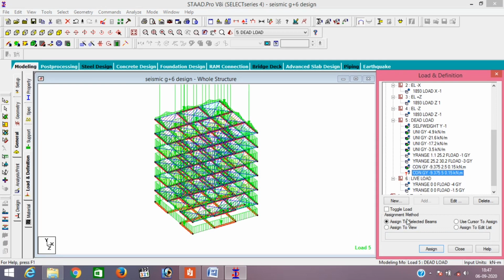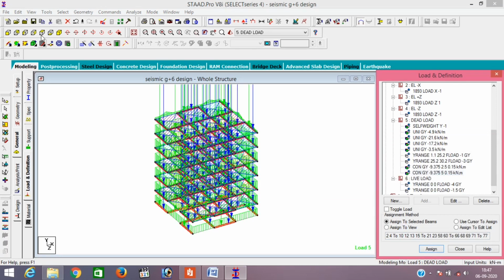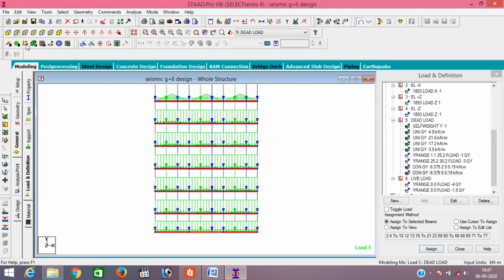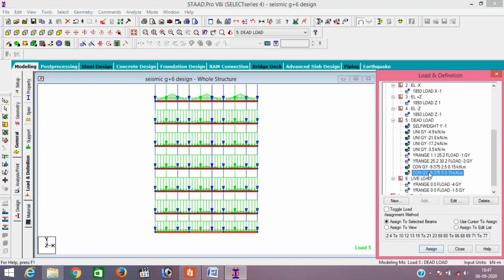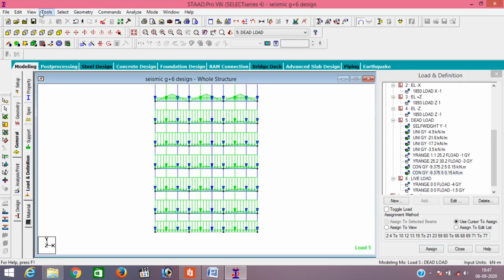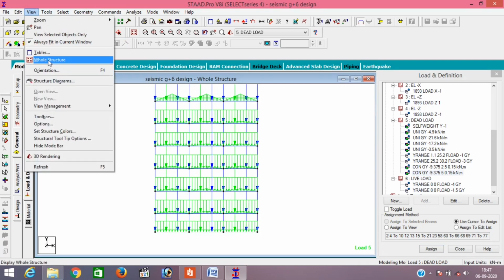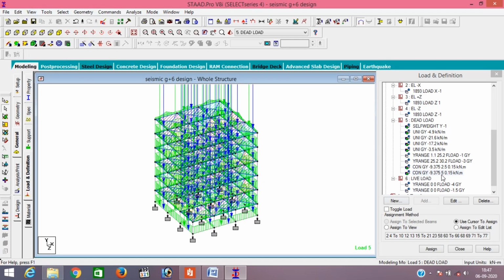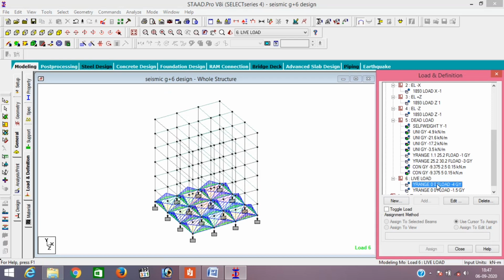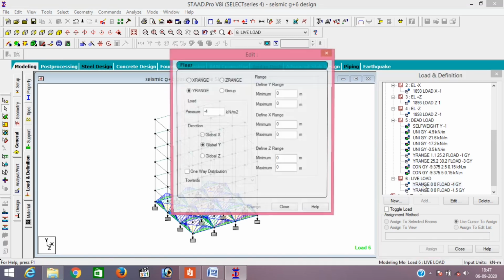So here the first load is assigned. For the second load, again select the second beam, assign to selected beam. In the section plan you can see the first is this one, second is this one, so G1, G2 like this. Then view all structure. All loads we want to assign on these beams.